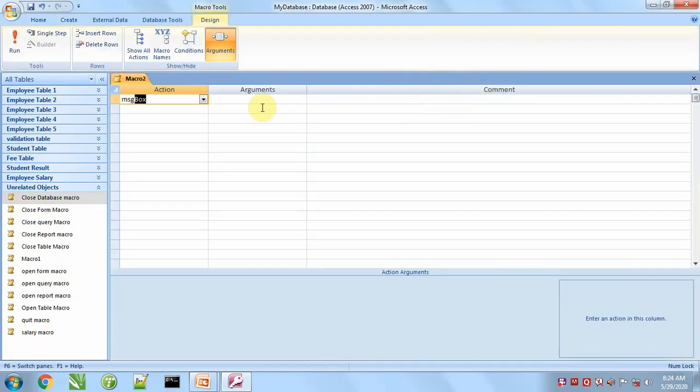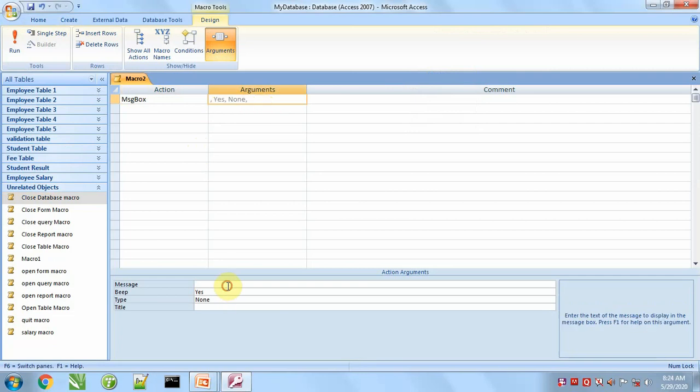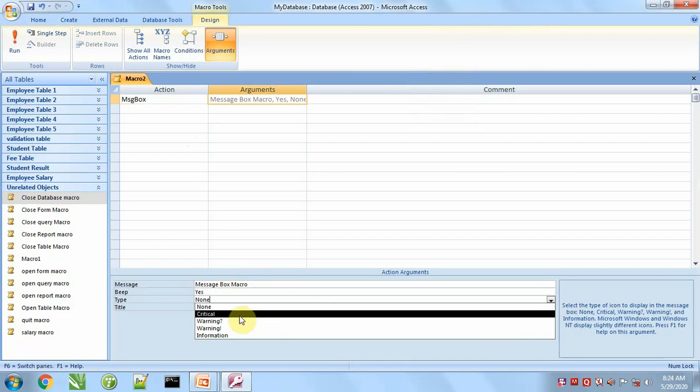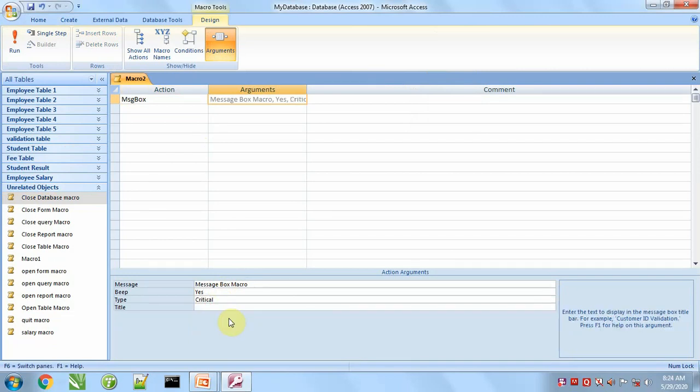One is message box macro. It is used to generate a message box. It is the message that will be displayed in that. Type is critical with cross symbol.